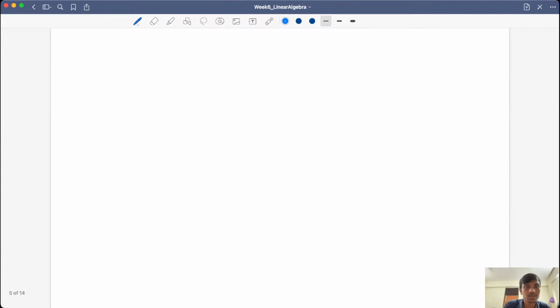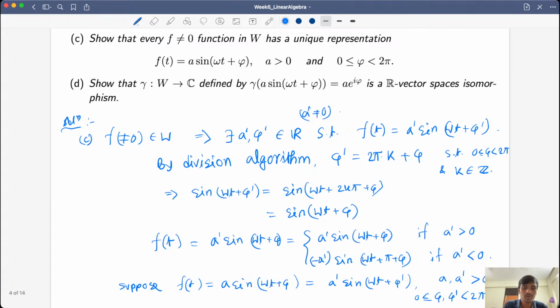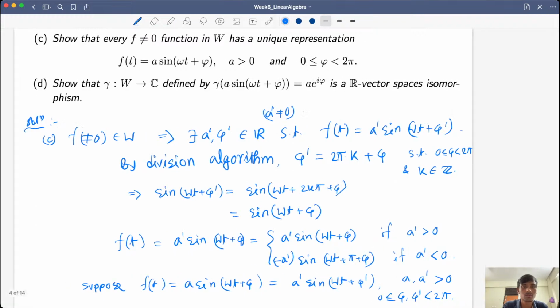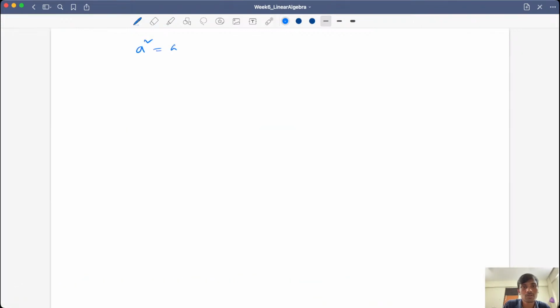So I can write a square equal to a square sine square(omega t plus phi) plus a square cos square(omega t plus phi), right? But this is the same as a prime square